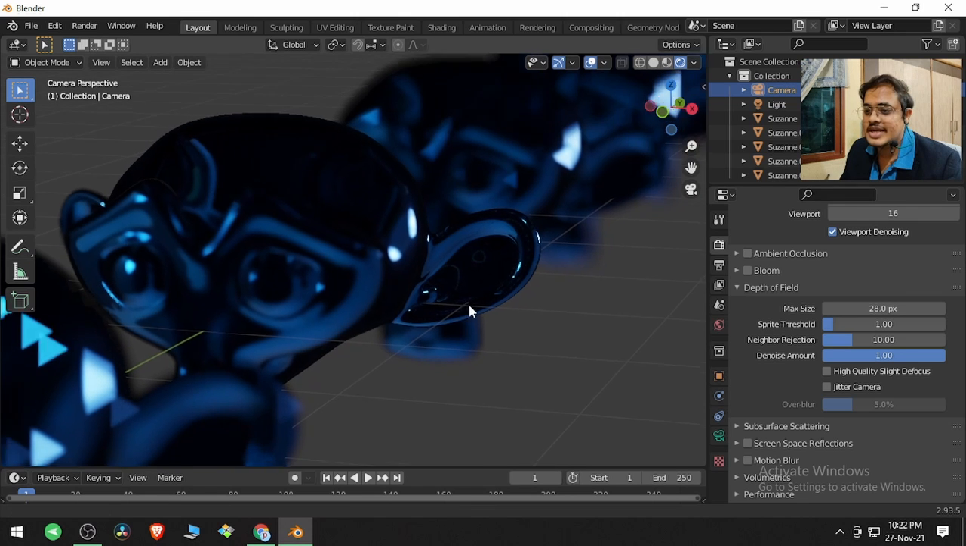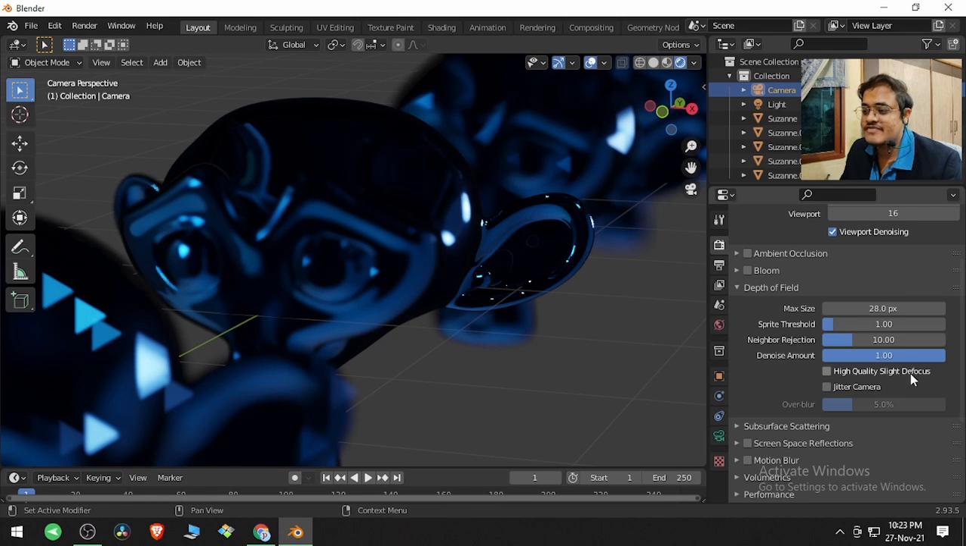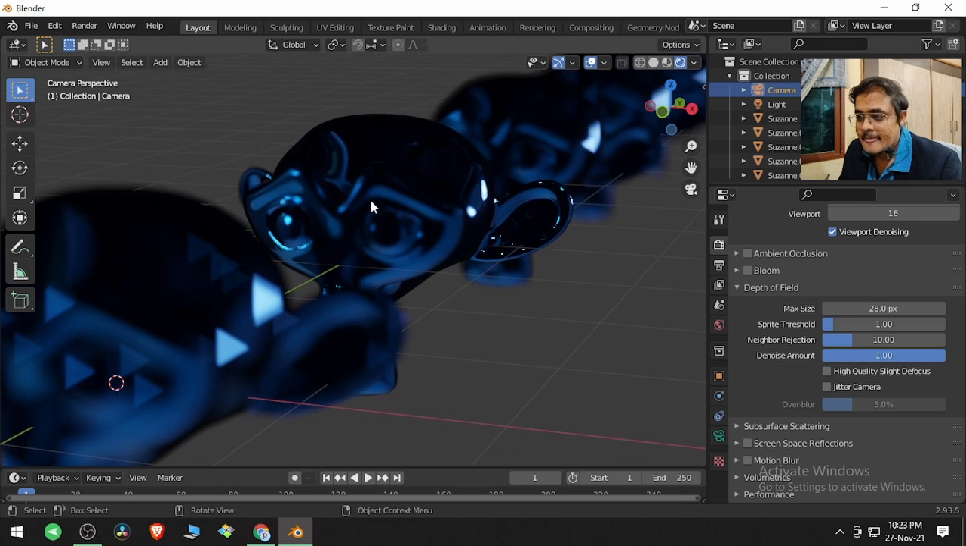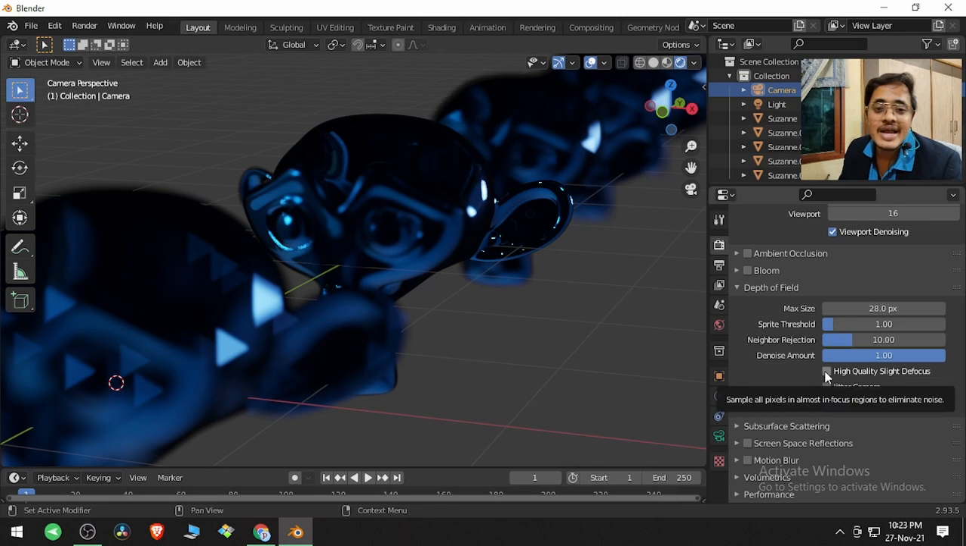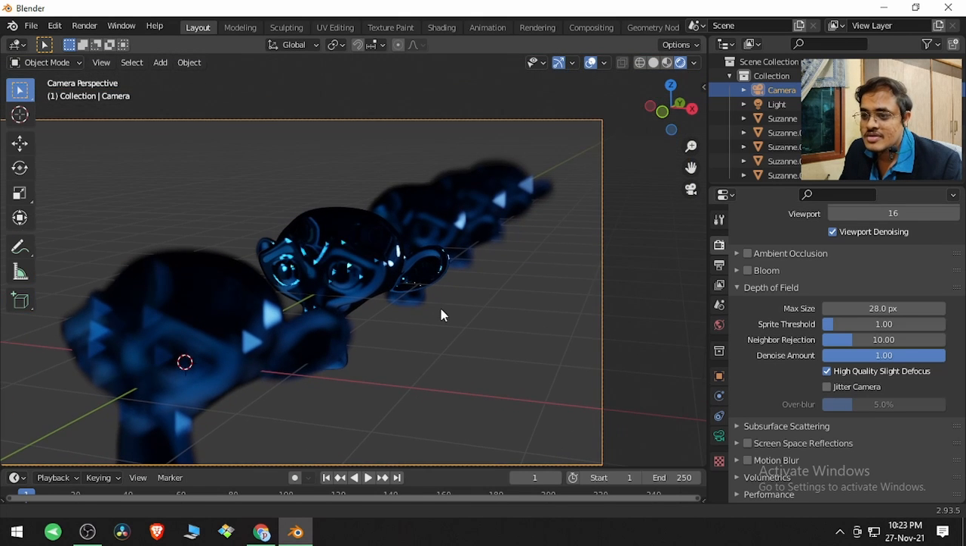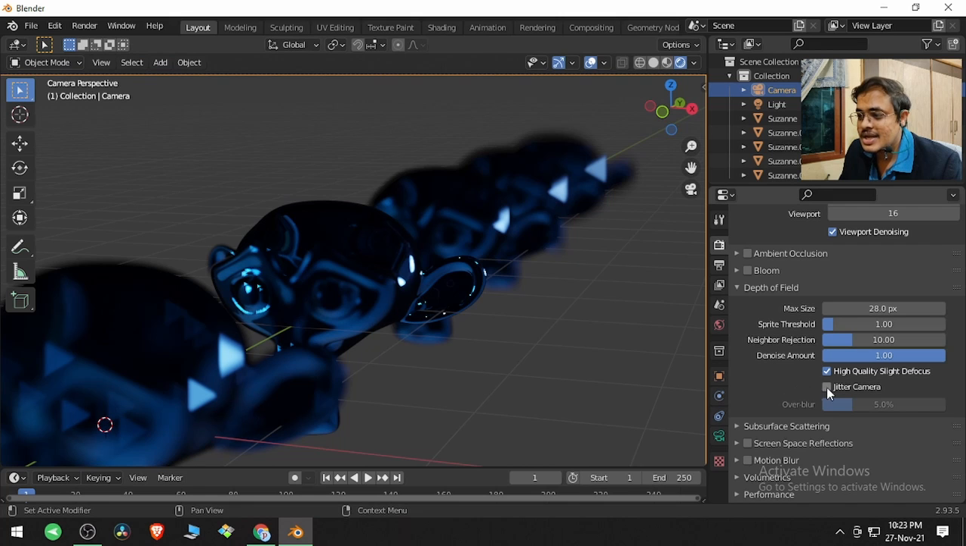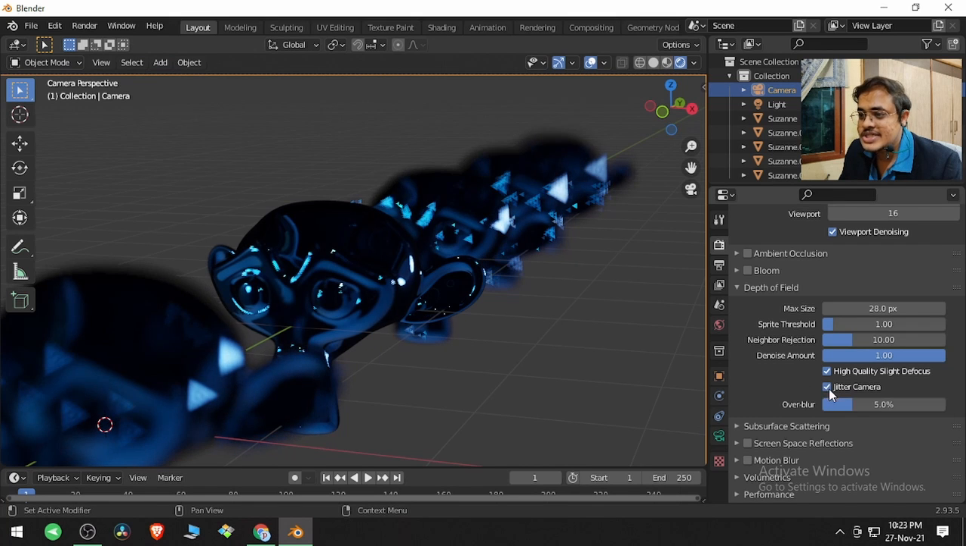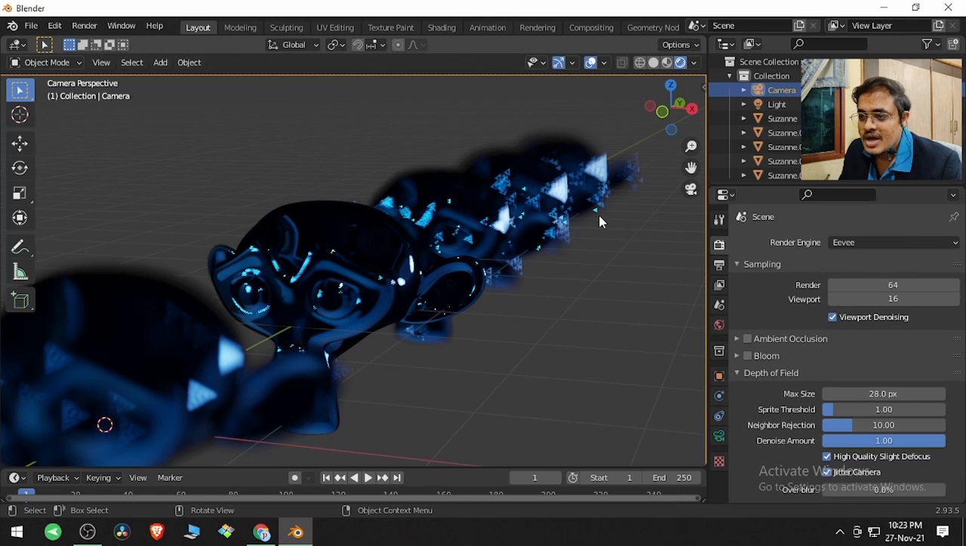If we go towards the next parameter, high quality slight defocus, the areas which are in slight defocused parts, like the eyebrows of this Suzanne. So how high quality that must be, that is defined by this tick. And jitter camera is one of the most technical elements. If I tick on jitter camera, what it actually does is divide this bokeh into different bokehs,